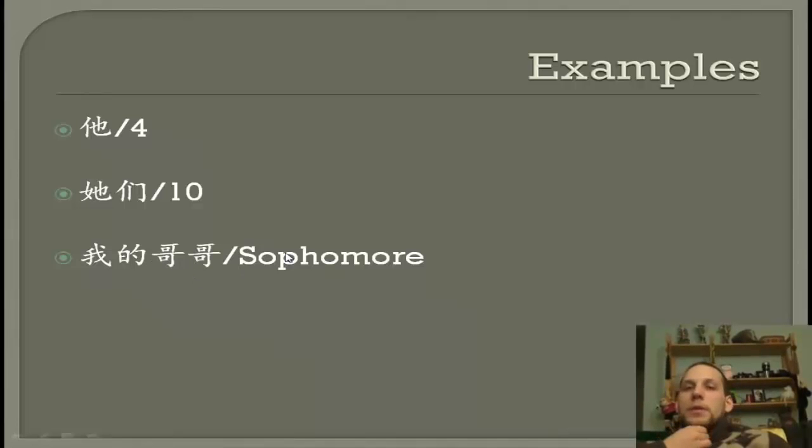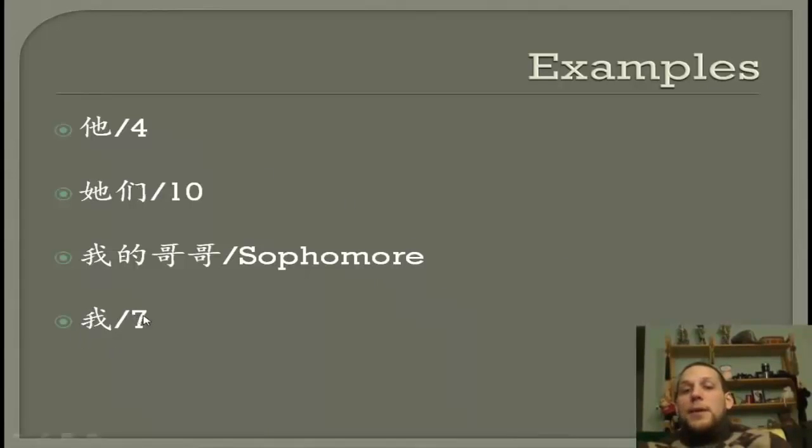So let's say my older brother is a sophomore in college. We're talking about 大学, and sophomore is 大一, no, that's freshman. 大二, so he's a 大二, he's a sophomore. So the question would be 你的哥哥上大几？Our answer would be 我的哥哥上大二。